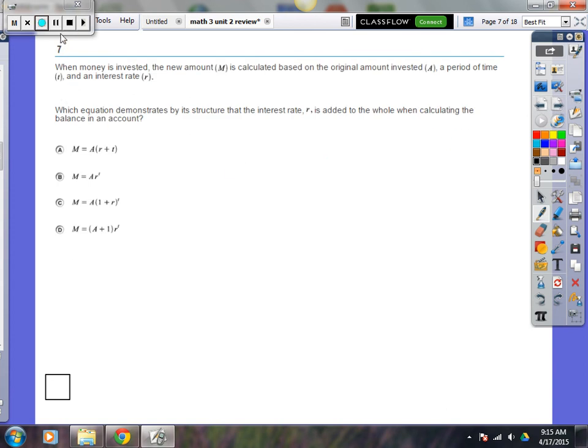Alright, let's look at 7. Okay, so interest. If we're going to deposit money, earn some interest on it, leave it in for a number of years, that's the model we want to see. So A is going to be the amount of money that we deposit. So if I deposit $100 and my interest rate is 5% every year, and I leave it in for 10 years,